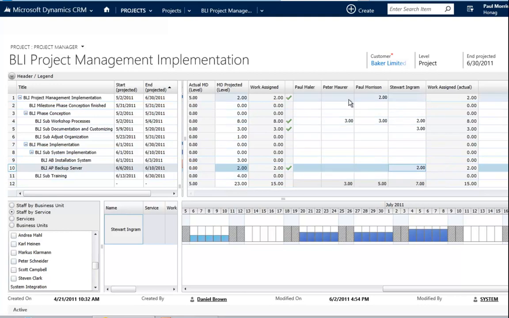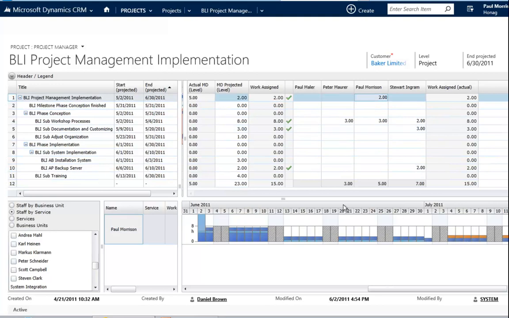If I am done with assigning the work to the project nodes and the people, I want to know if it'll work out or not. Therefore, if you select the row, you have the resource utilization down below. You can always see the people you have assigned work to in the row that you have selected. So I have selected Project Management Implementation. It is Paul Morrison only, so I only see Paul Morrison.